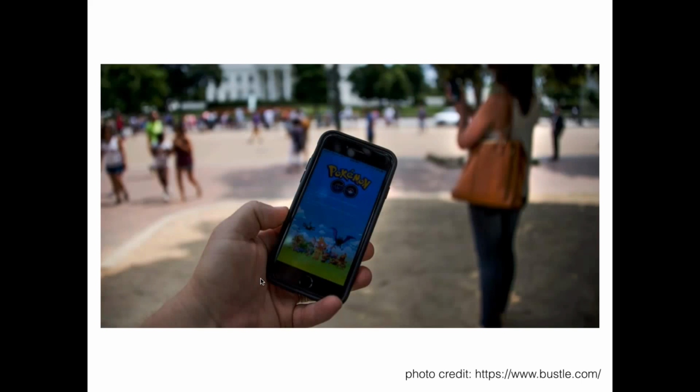And that's because when you're running app-based mobile health studies, you're not competing with other research studies necessarily. You're not competing with other things that somebody may be doing at a doctor's office. You're competing with other apps that people are using on their phone. You're competing with Pokemon Go. You're competing with Facebook app.